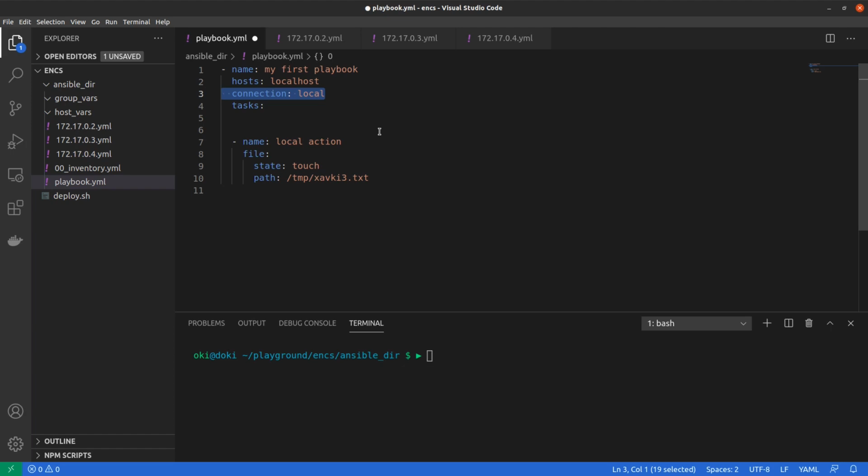This local connection bypasses the SSH connection, and after it we can use any module, apt or another, to run Ansible locally without SSH. And here in our case, we use the file module to touch the xavkey3 file, and we run it, but we don't need to use an SSH connection for all tasks.